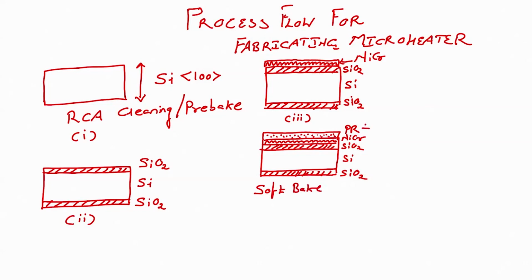Now, assuming this is positive photoresist, we know the role of positive photoresist and the role of negative photoresist. If we perform soft bake, we can do it at 90 degree centigrade for 1 minute on a hot plate. Next, what we require is to